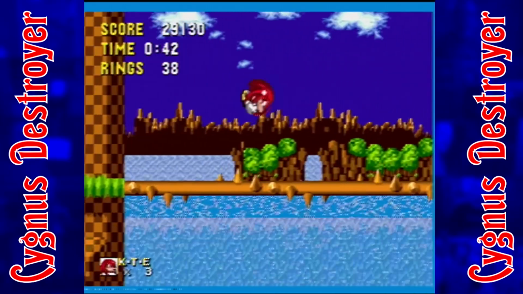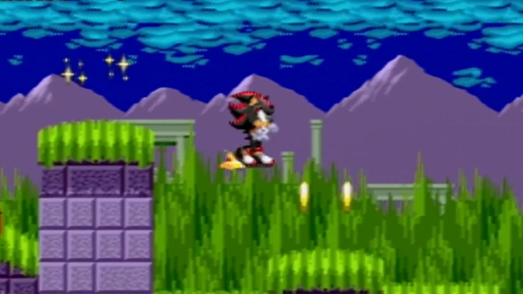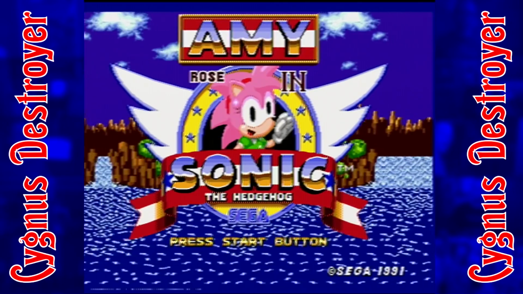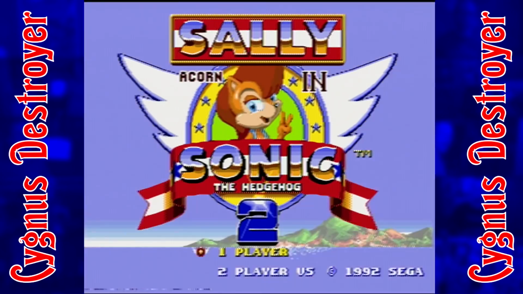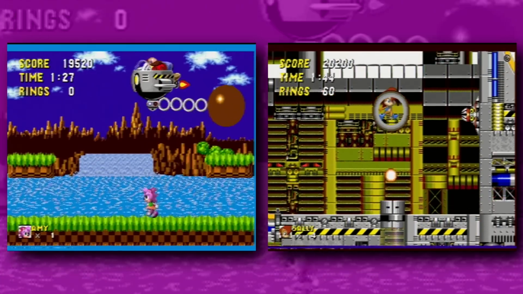Knuckles glides, spin dashes, and climbs, showing his rival how it's done, and Shadow rolls along in his rocket shoes like a boss. E122 Psy similarly brought Amy Rose and her trusty hammer onto the Genesis, while Sally Acorn from the cartoon blasts her way into the sequel. Neither of them possesses their friend's set of skills, but it's interesting to see how their strengths are used to